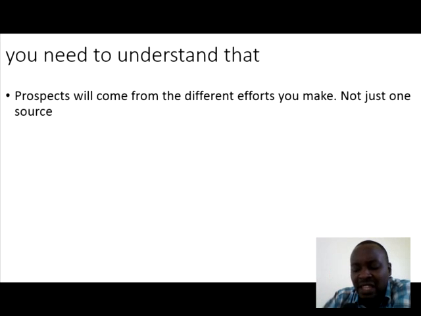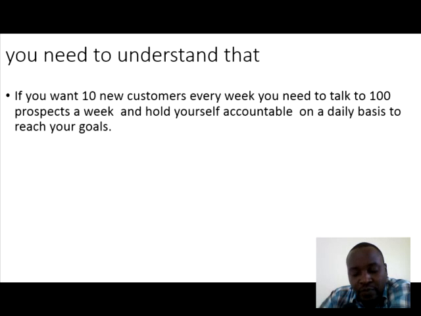As a salesman, this is important for you to know. Yes, find the different methods that your intended market wants to get, so that you can reach them. Yes, perfect. You have to meet 100 people. It's a goal, a golden goal. You meet 100 people a week, in order for you to make 10 customers a week. Yes, and you have to hold yourself accountable to that on a daily basis.